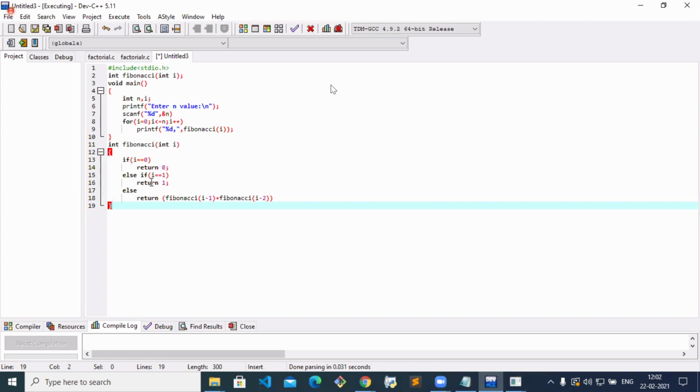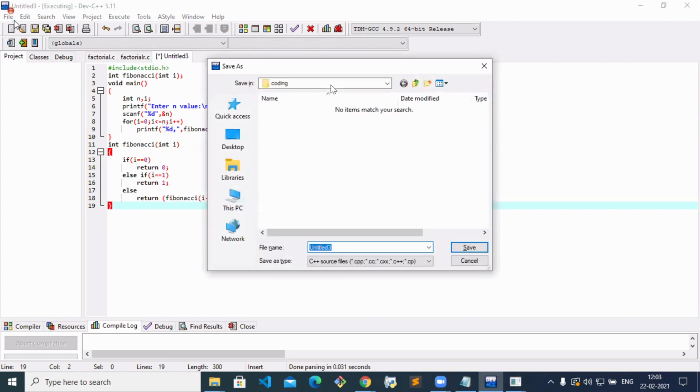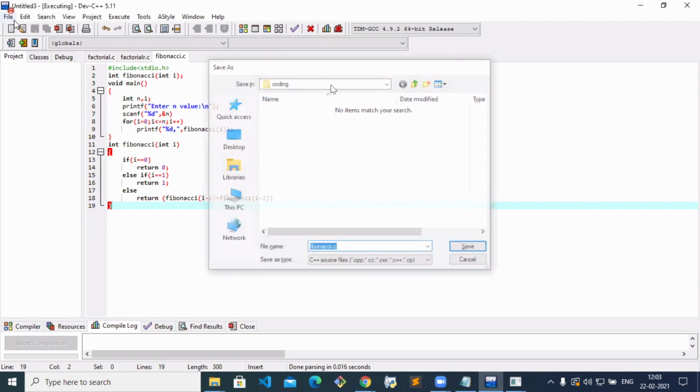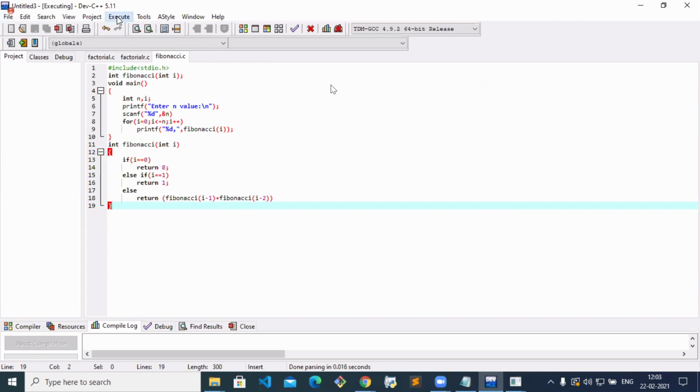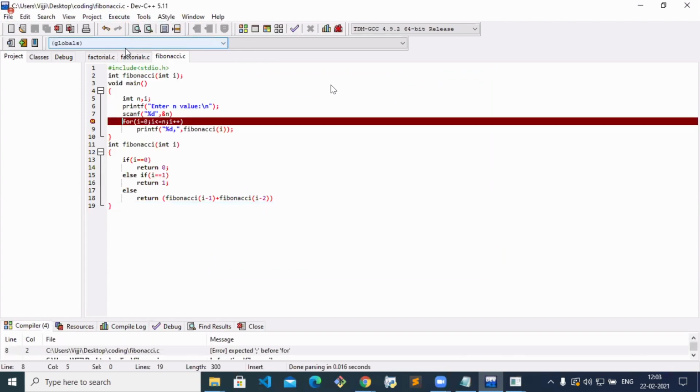After this, 0 plus 1 will give you 1. Like this it will print the values. Will it work or not? We'll see. What did you say?